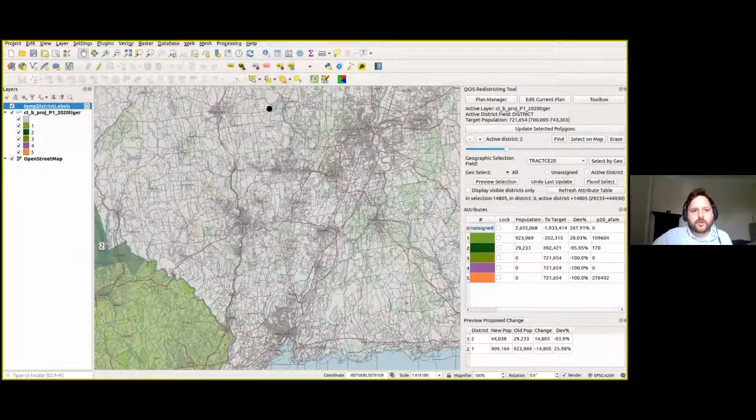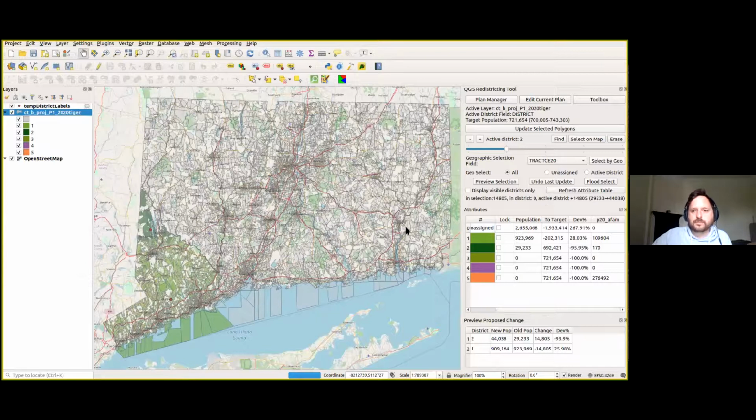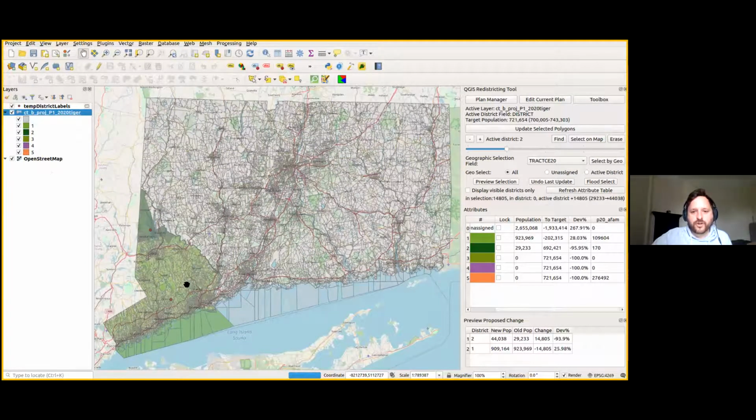So for instance, if you knew what you were doing, you could basically create forks of your plan by going to the attribute table, which is loading. So the district table, or the district column, is all the way over to the